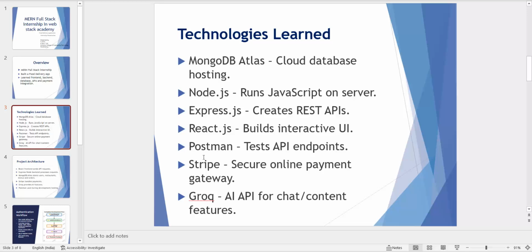And then next is Postman. Postman is used to test the APIs that we create. In the backend, whenever we create an API, we can check whether it is working correctly or not using Postman